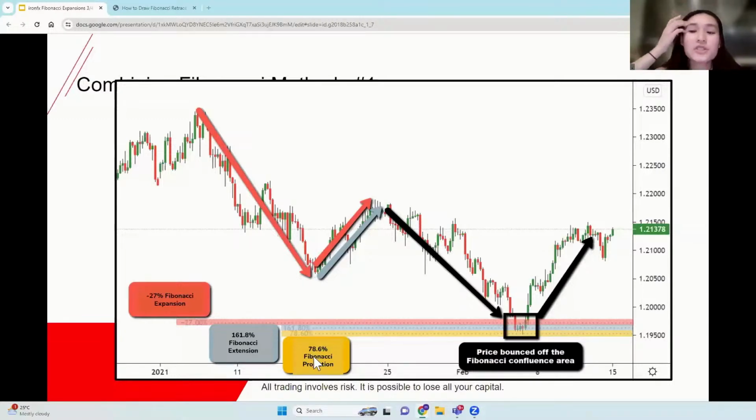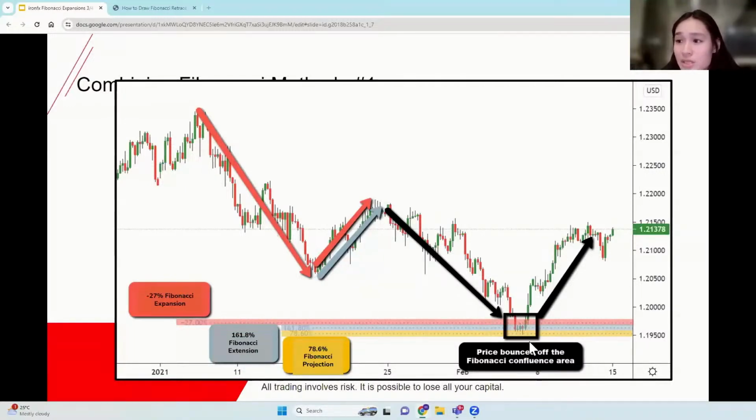For projections, we'll touch a bit more on that next week. But really briefly, for projections, we are also looking for flash or lightning bolt shapes. Projections can be used with expansions quite a lot of the time. For projections, we are looking at 61.8, 78.6, and 100% levels. In this case, we see a 78.6% Fibonacci projection that lines up with all these other two levels.